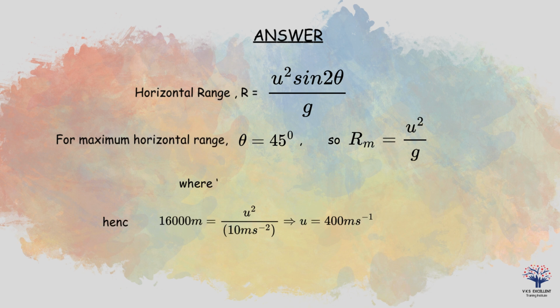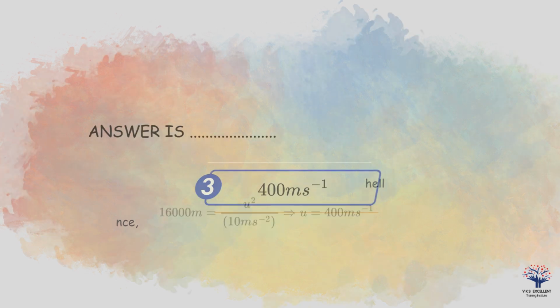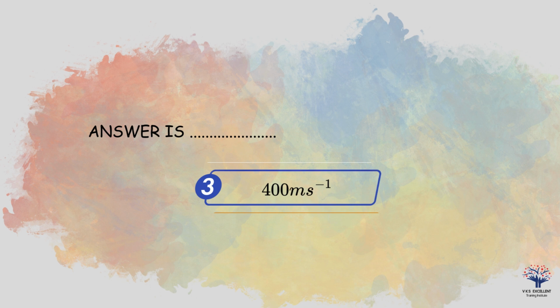We can start with the equation of horizontal range, R equals u square sin 2 theta divided by g. For maximum horizontal range, theta equals 45 degrees, so the maximum range equation becomes R maximum equals u square divided by g, where u is the muzzle velocity of the shell. Hence, 16,000 meter equals u square divided by 10, which gives u equals 400 meter per second. So the answer is Option 3,